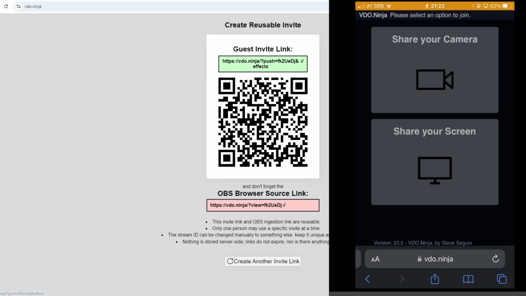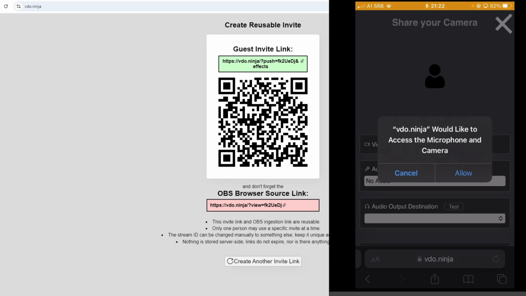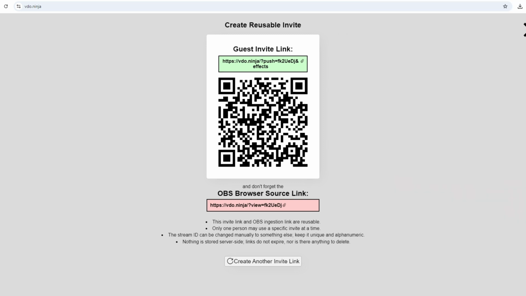So now, once we're on this website, we can click here on share your camera, and here we have to allow the microphone and camera. So click on allow, and you got access to your phone camera here on this website. Then we need to copy this red link here, not this one. This one is for the mobile, and this one is for the OBS